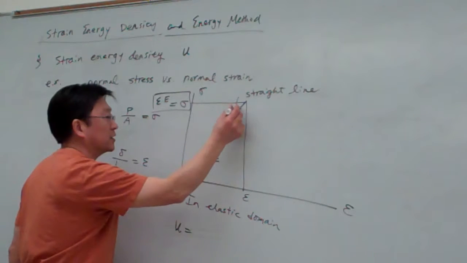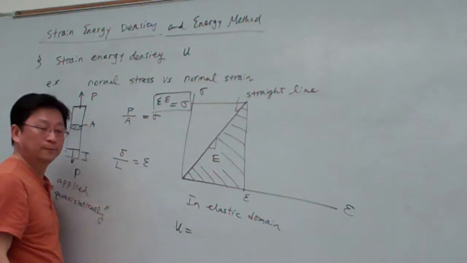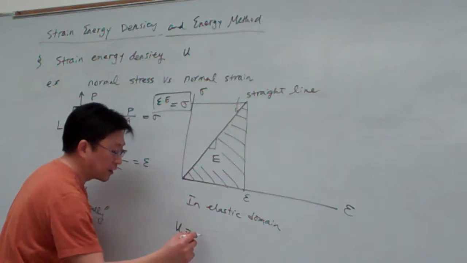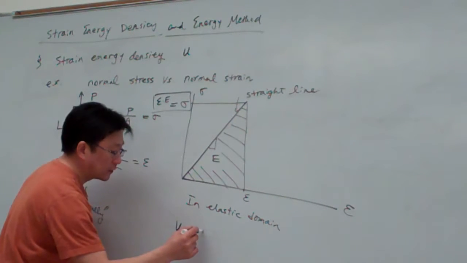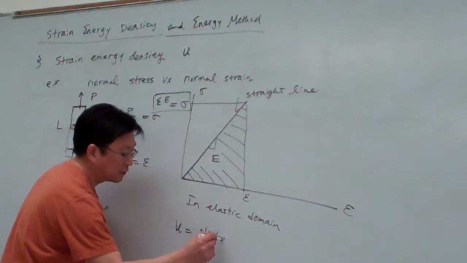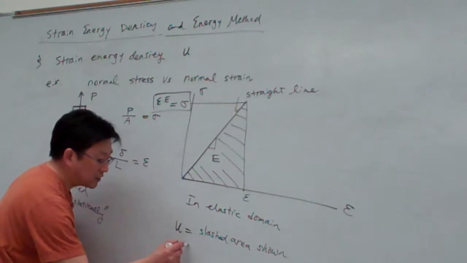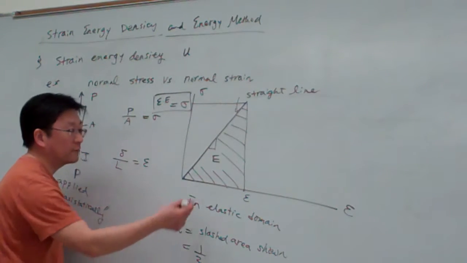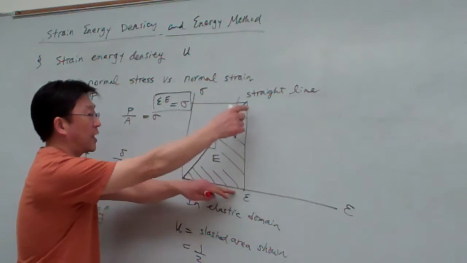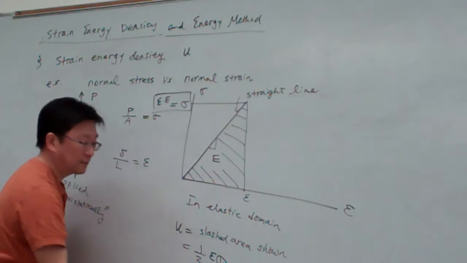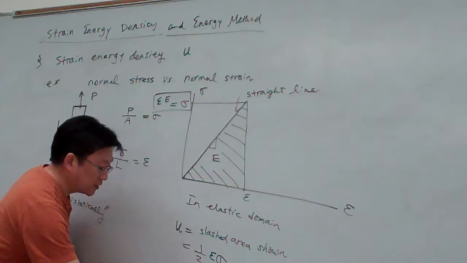And basically the density is graphically defined by this area, the slashed area shown. In mathematics, that is equal to 1/2. This is a triangle, and the triangle has base epsilon and height sigma. That's it. And then using this notation,